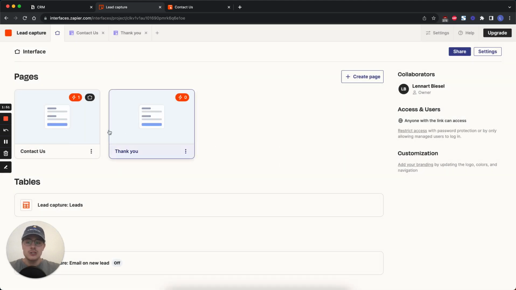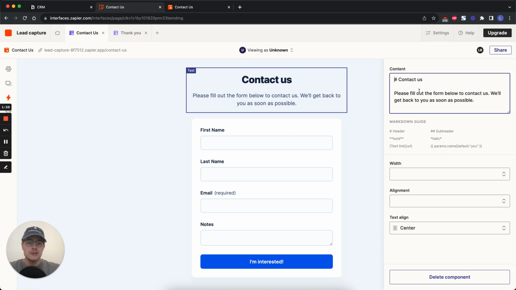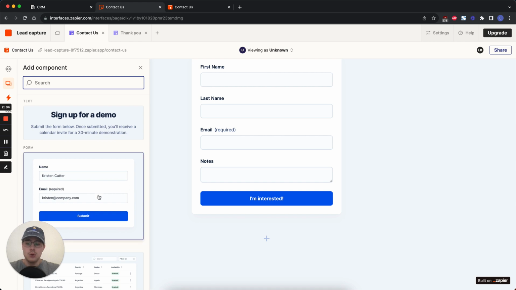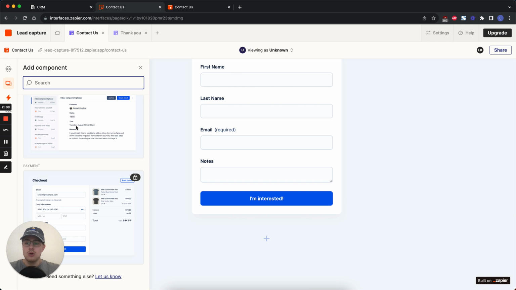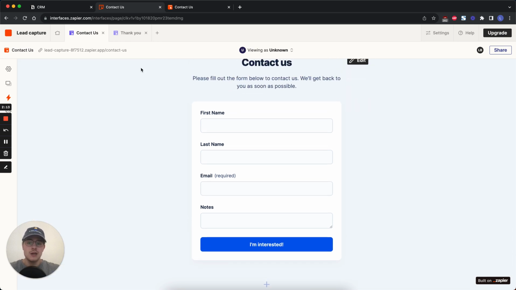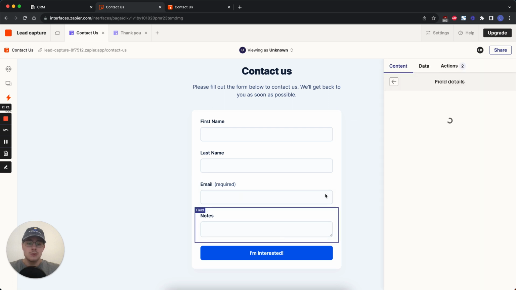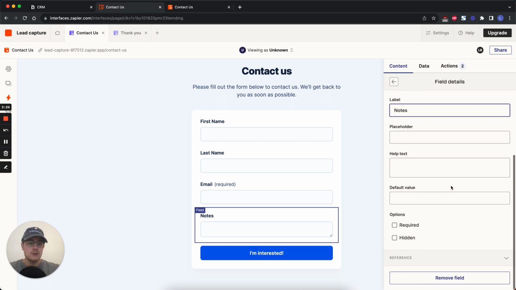So let's go to the contact page, and then you can see how you can customize it. You have, for example, this upper part where you can write something. You have our lead capture down here, but you can also add more components, with all these examples for media or chatbots or payment options, all done for you. So you don't have to code anything or design. It's really, really simple. For our example, we're just going to capture the first name, the last name, and the email, but we're going to get rid of this notes part. So we're going to edit and just remove the field,